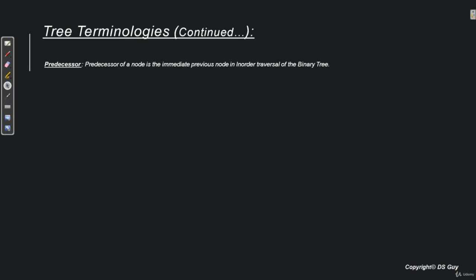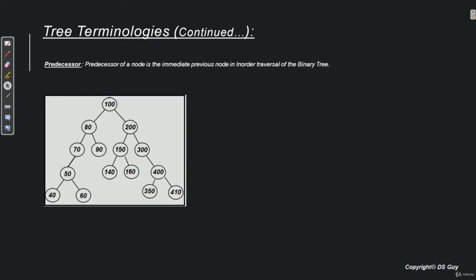Now what do we mean by predecessor? Predecessor of a node is basically the immediate previous node in an in-order traversal of a binary tree. Now what do we mean by that? So let's say this is our binary tree, which is rooted at 100 and having left child and right child.